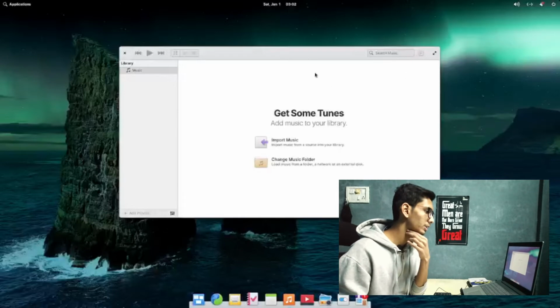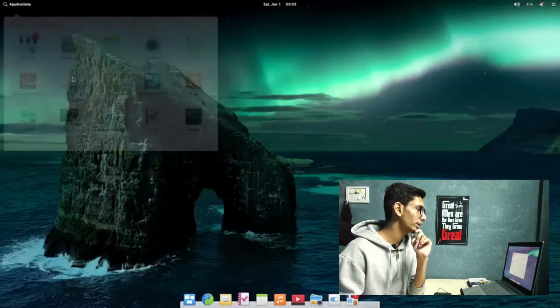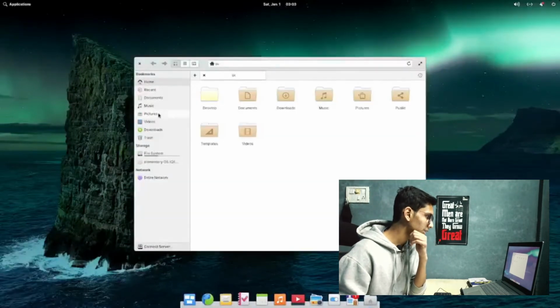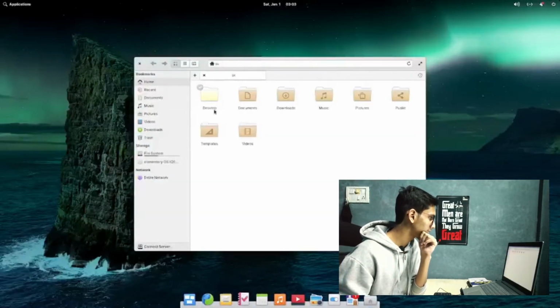It's just a clean basic music app. Looks somewhat like iTunes. Let's look at the files. It's a basic file manager and